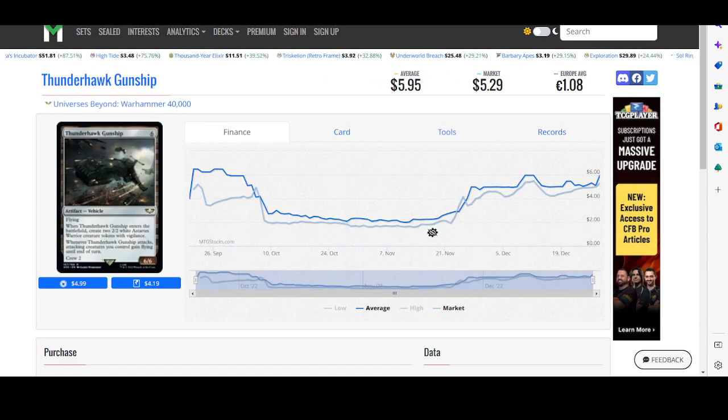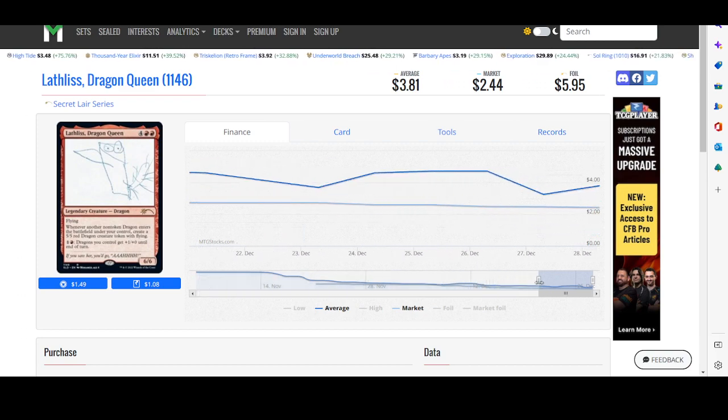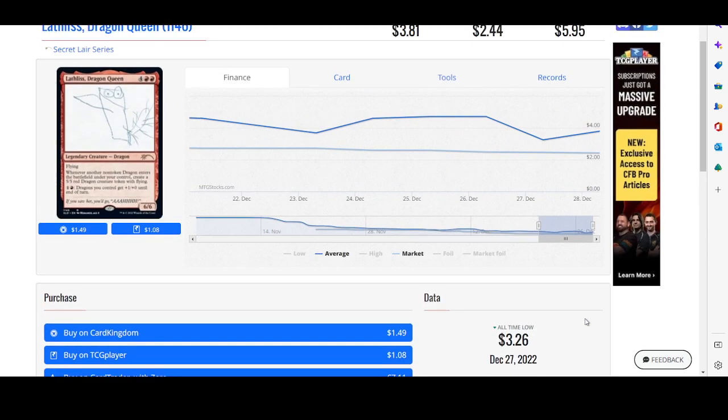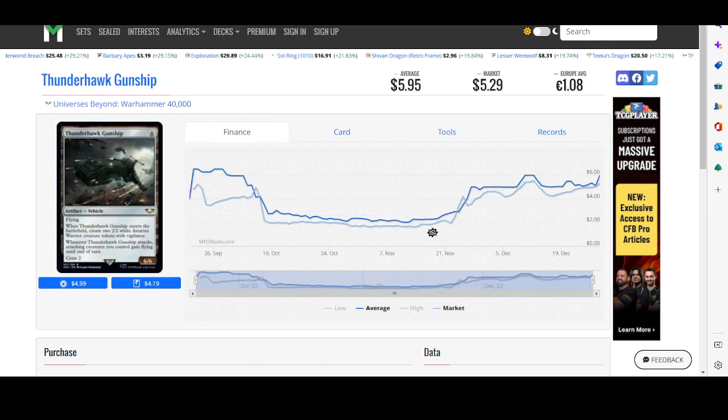Thunderhawk Gunship, Universes Beyond, Warhammer 40,000, and you got Lathliss, Dragon Queen Secret Lair series, with probably the weirdest art that I've ever seen in my life. It can mean a lot of things. It's $1.08. Is it actually good? No, of course. It's a perfectly fine dragon card. The art is just wank, so would not pay for it. But anyways,